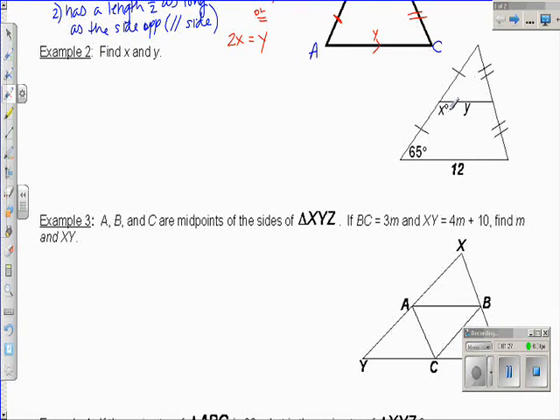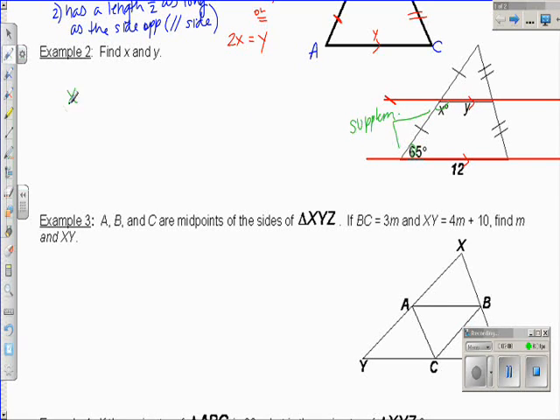Find X and Y. Well, we can tell that Y is a midsegment because the segment bisects both sides of the triangle that it intersects. So we know that Y is parallel to the length 12. Well, for X, if these two lines are parallel, and remember, you can always extend your lines. If this line is parallel to this line, you can see now that these angles right here are supplementary because they are same side interior,